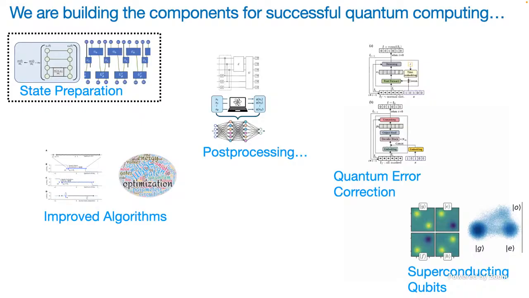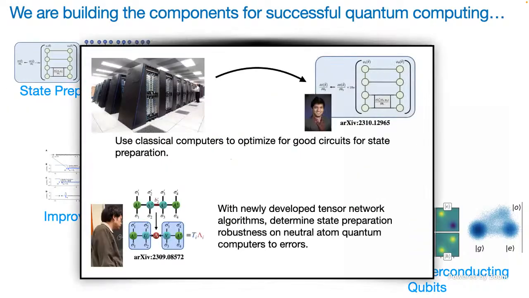right. So state preparation says the following: if you want to run a quantum computer, you've got to set up some input on it. You've got to get some initial state into the device. And it turns out that strangely enough, that is the bottleneck in a lot of cases. If I want to simulate some quantum many-body simulation, if I want to run some differential equations on some grid, if I want to try to do some sort of quantum machine learning, at the end of the day, the thing that I need to get right is I need a state on my computer that sets up the initial conditions. And so we spend a lot of time developing techniques to improve state preparation.